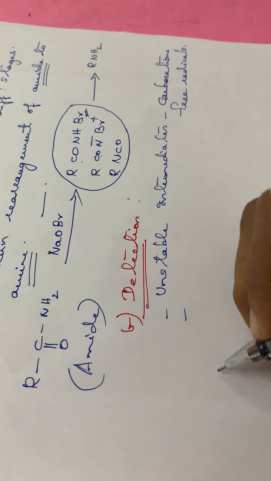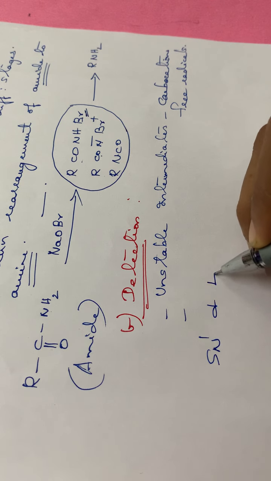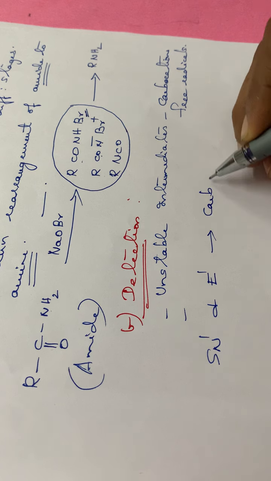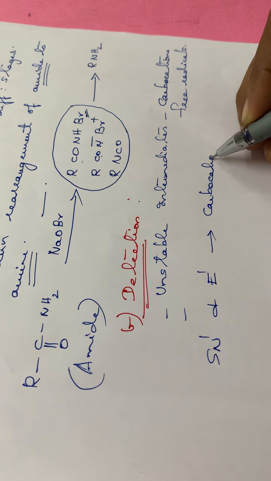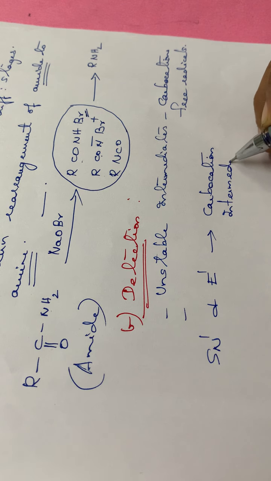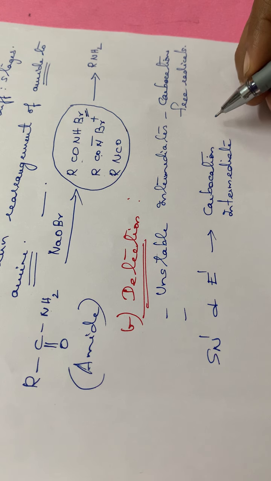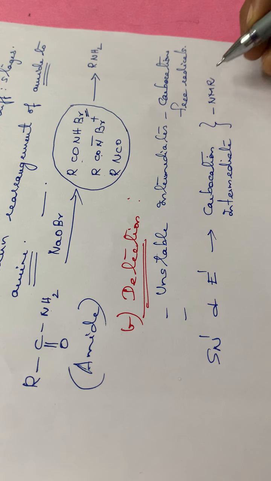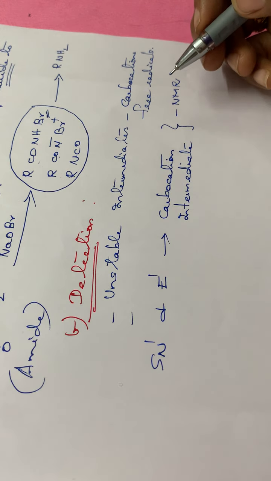That is, in the case of SN1 and E1 reactions, carbocations will be formed as an intermediate, isn't it? We have seen already, carbocation will be the intermediate there. So this particular intermediate, the carbocation, is detected by using NMR spectroscopy. This NMR spectroscopy you will be studying in detail in your next IS6.